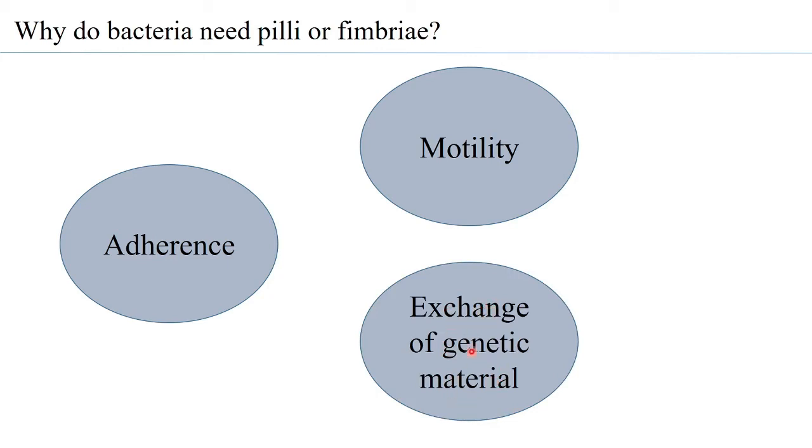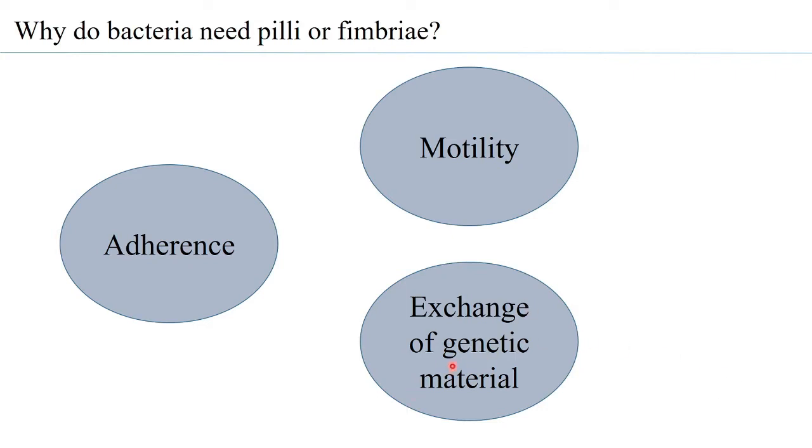Now, how is this significant? For example, suppose there is a bacteria that is resistant to a particular antibiotic. Now, if that resistance is attributed to a gene that is present in a plasmid, and that bacteria transfers a copy of that gene into another bacteria, then the other bacteria also becomes resistant to the antibiotic.